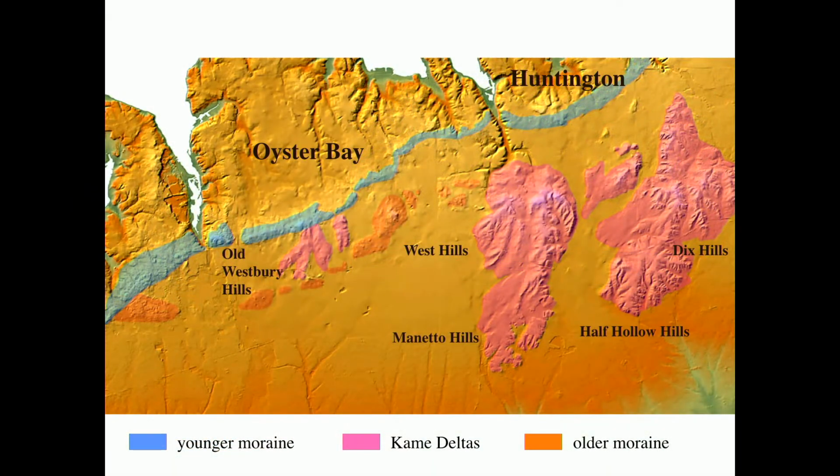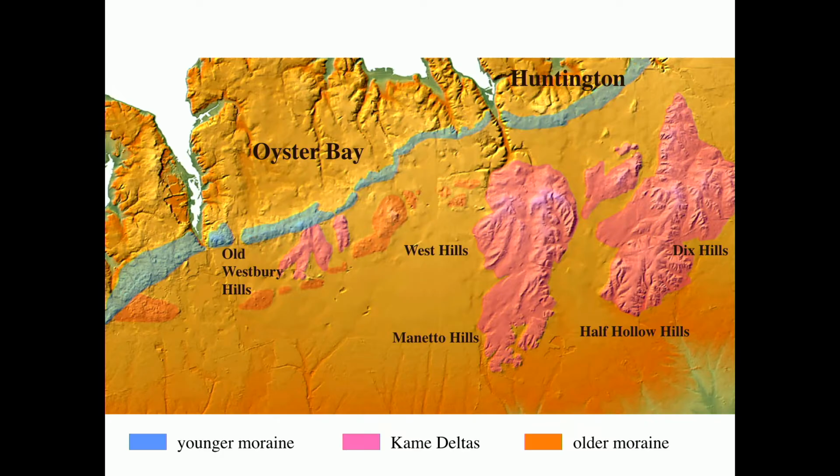They're very, very lobate, which you get from distributary streams flowing off in different directions and carrying sand and gravel and depositing that material into a standing body of water. So these don't look a whole lot different from, say, the Mississippi River Delta building out into the Gulf of Mexico. There's a large one here, there's one here, and looks like the end of one here, which has been chopped off by the Harbor Hill moraine. And then these things seem to cut across the Ronkonkoma moraine,